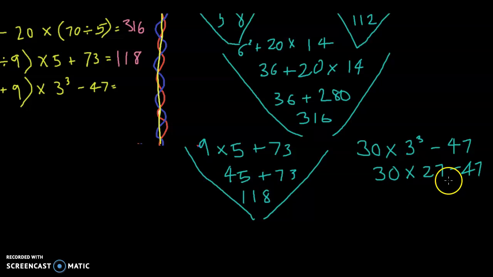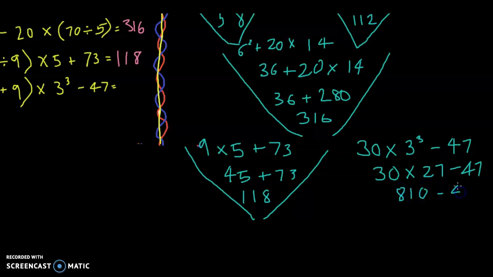Okay, so let's do 30 times 27. Can you give me time? Okay. So 7 times 0 is 0. And then 7 times 3. So do you got our answer? Yep. It's 810. Okay, that was fast. So 810